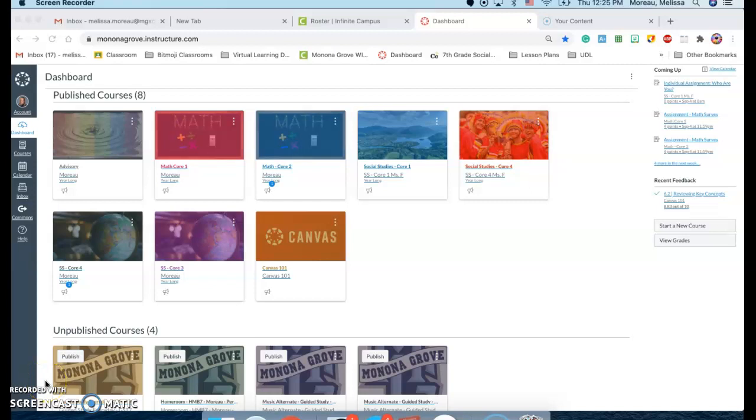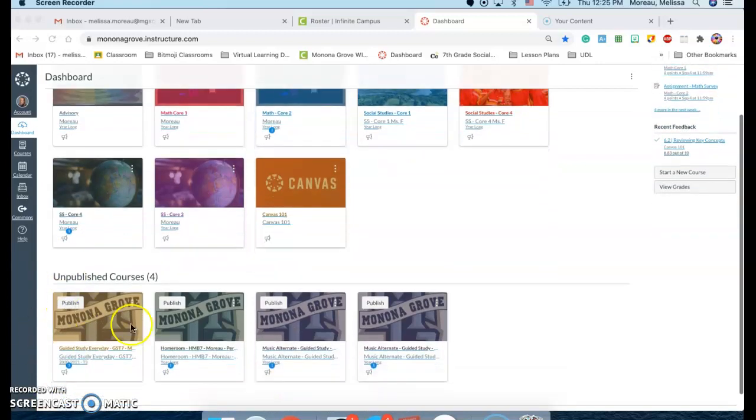I am going to be showing you a little bit about this Bitmoji locker assignment. This is for my advisory and also for Mr. Johnson's advisory. So all of you are going to be going into your dashboard for Canvas, and you are going to find the homeroom course. Now, this isn't typically something you've seen yet, but this is a way that I can assign it to everybody that's in my homeroom, which includes Mr. Johnson's advisory as well. So you're going to click on homeroom,